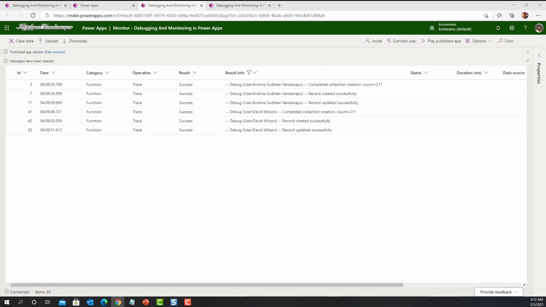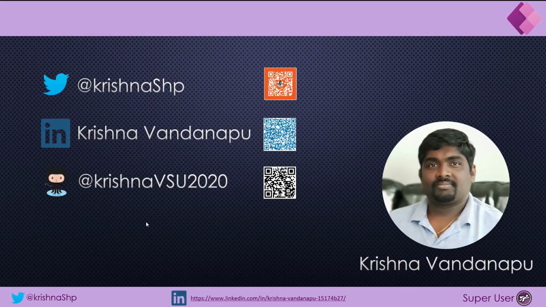As per Microsoft, the new features which we could expect as part of this monitor is to monitor the variables and collections, and also adding a watch on variables. The way how we can add a watch in Visual Studio, they are going to implement watch even in Power Apps also. That is how we can perform debugging and monitoring on a Canvas app in both published and non-published versions.